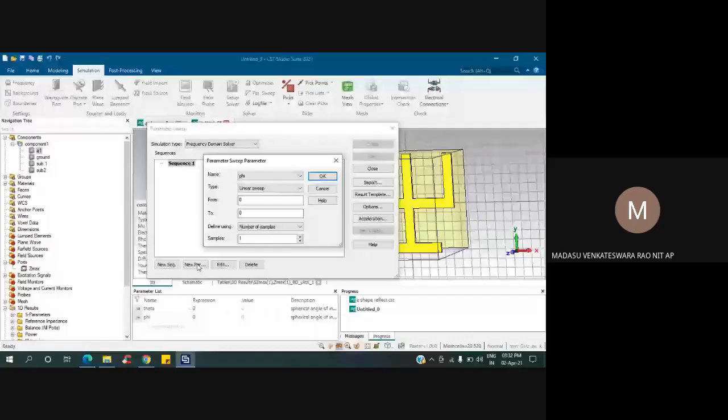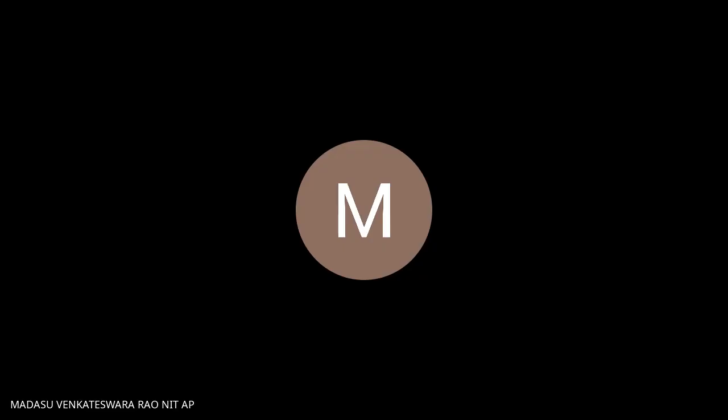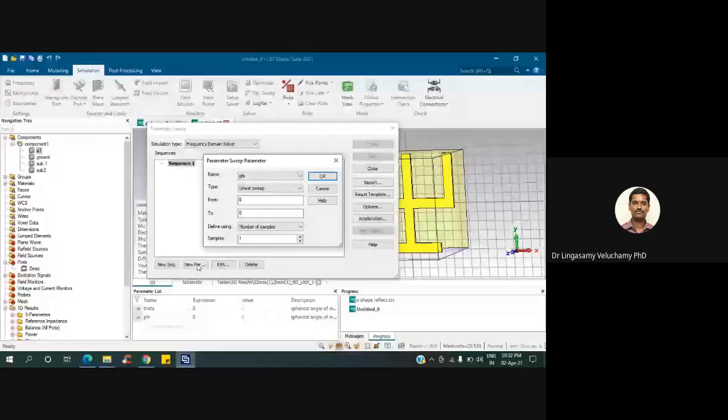Sorry, sir, I cannot understand. After simulation, we are again giving some range of values, then we are getting that graph. What I'm saying is, you have to design